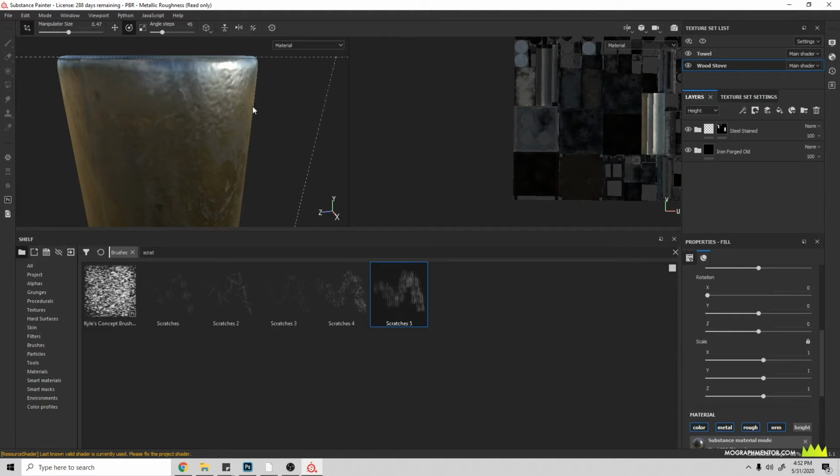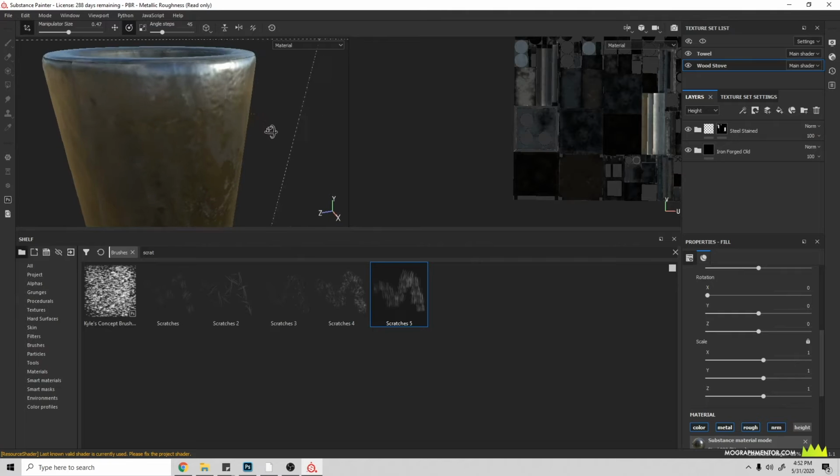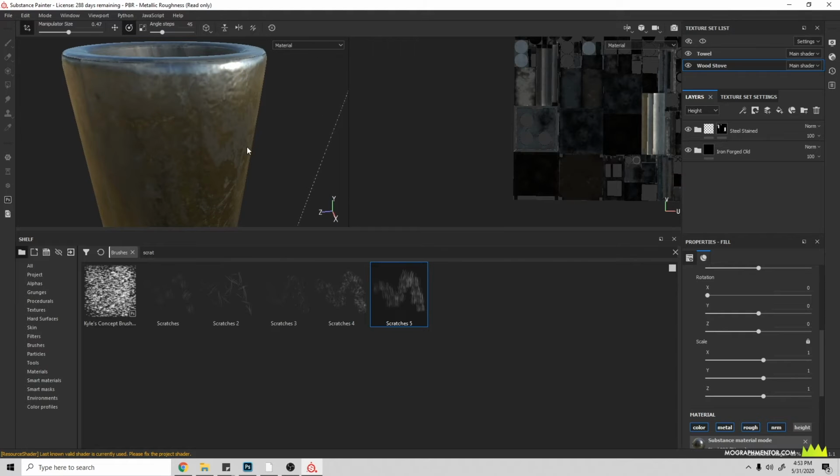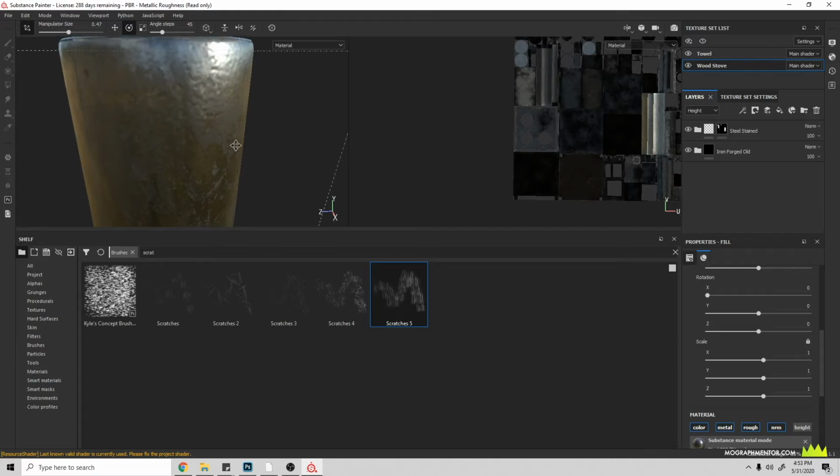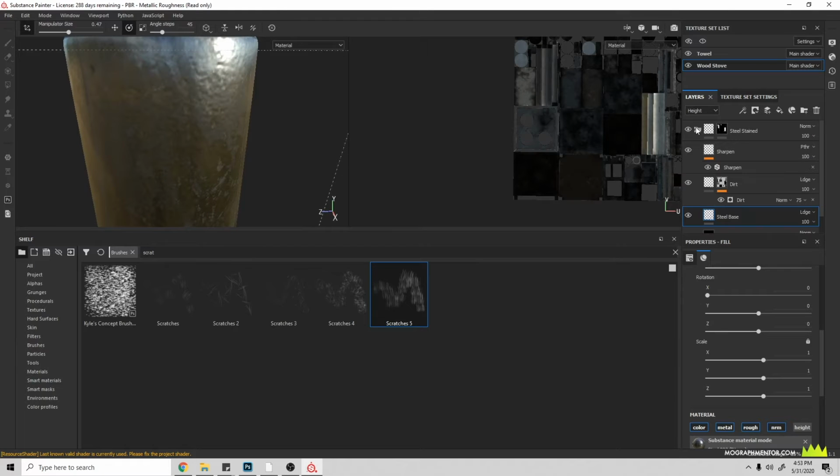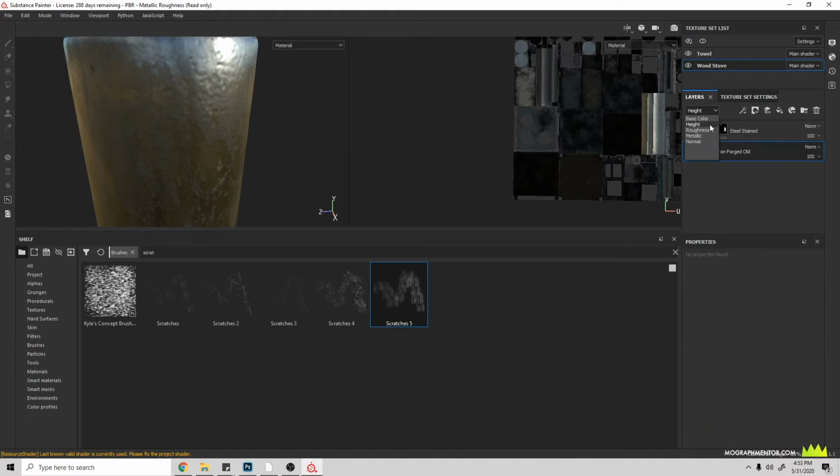I don't think that it's necessarily that big of an issue, but this is a good example to show how we can work on eliminating that. So let's go ahead and look at where that information is coming from. We can see that if we go to our height channel here and blur the opacity down, that's most definitely inheriting the height information, but we can also take care of the